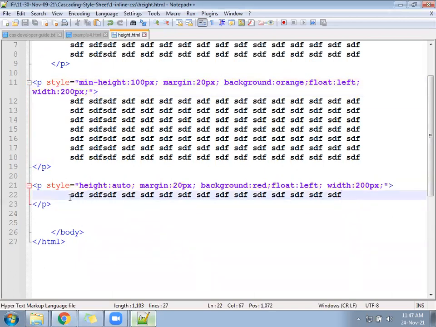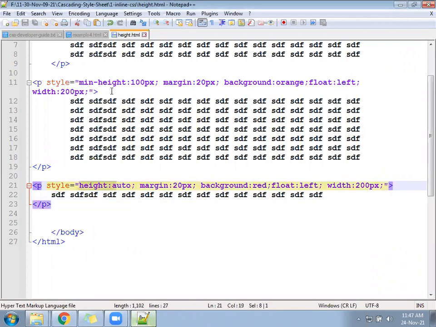Out of 3, whenever we are going to write the height, we will have 3 options in our mind. We will check the requirement of the user. We will check the possibility of the user input. If the possibility of the user input is limited, then we will give the height. If the input can be increased, but the minimum cannot go less than this, then we can give minimum height. If the possibility of the user input is anything, it can be null, it can be more, it can be less, then we'll follow height auto.